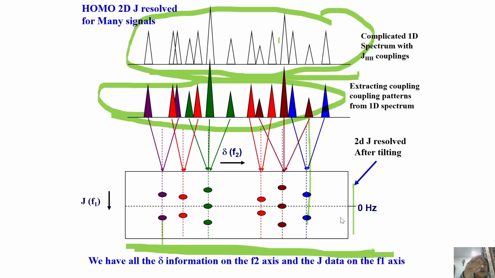Is it similar to carbon-13 with broadband decoupling, where you got only single peaks for each carbon? Exactly analogous to that. If you take the 45-degree projection, each peak in the J-resolved spectrum pertains to a single proton. It is like a spectrum with broadband proton decoupling. In other words, it is a proton-decoupled proton spectrum. Similar to the broadband proton-decoupled carbon spectrum, it is a broadband proton-decoupled proton spectrum that you are going to see when you take the 45-degree tilt.